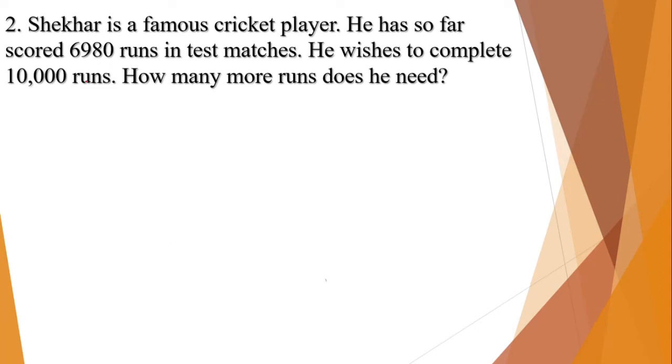So now he scored 6,980 runs and he wishes to score 10,000 runs. Then we should subtract 10,000 by 6,980. Right? That will be our answer. Now let's start. So number of runs